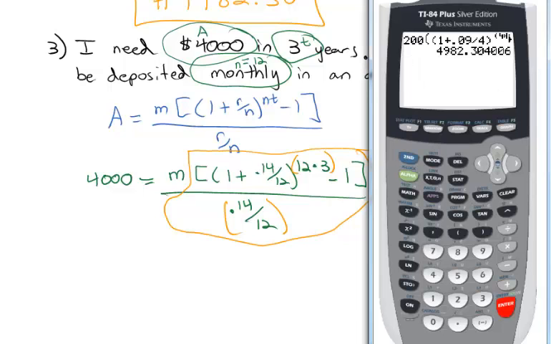So back to our calculator, we've got 2 sets of parentheses. 1 plus 0.14 divided by 12. Close the first parentheses. Exponent key, in parentheses 12 times 3. Some calculators need the parentheses, some don't, in the exponent. Some need you to scroll out of the exponent, some don't. Make sure you know how to use your calculator. Minus 1, close the parentheses. Divided by, these parentheses you do need, 0.14 divided by 12. Close your parentheses and hit enter. And we get